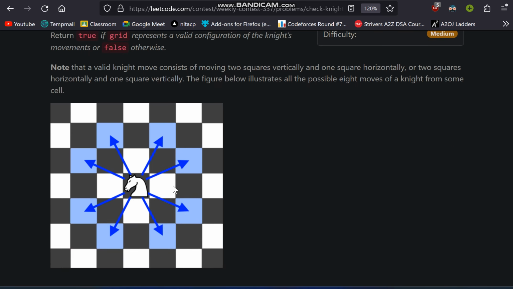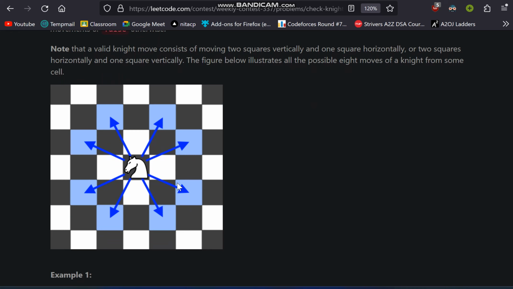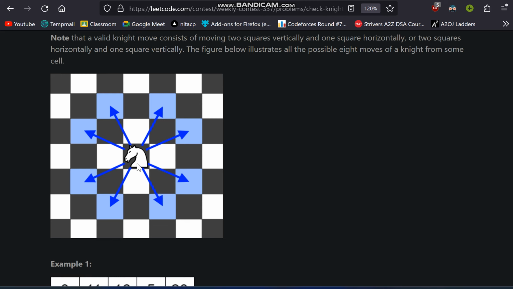So just see this picture and you will get more idea. Let us suppose currently the knight is at this position. If you have played chess earlier, then you know if the knight is at this position, then it has only 8 options, meaning it can go to this position, or this, or this, or this. It can move only to these positions, where the arrow indicates. So we just have to answer whether it will be able to move to all the positions or not.